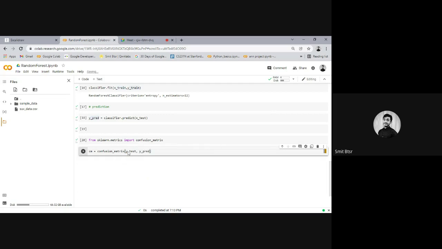Here you need to see that the first one should be the original output. On the basis of this, it will see whether the prediction is true in relation to it or not. If the values in both of them are different, then which one is correct? It must know which one is true. So it considers the first one to be true and the second one to be the prediction. So we need to pass these parameters in this order only.